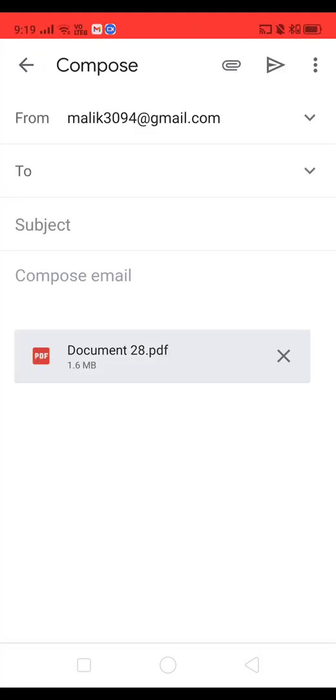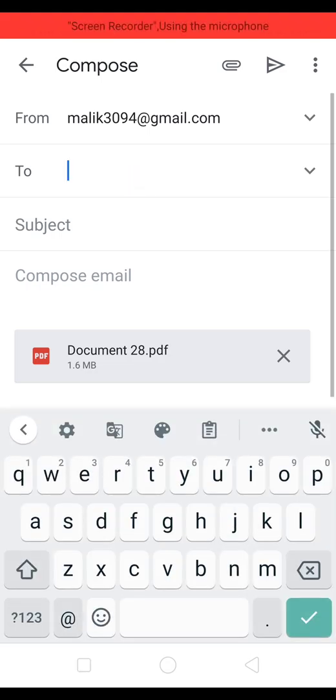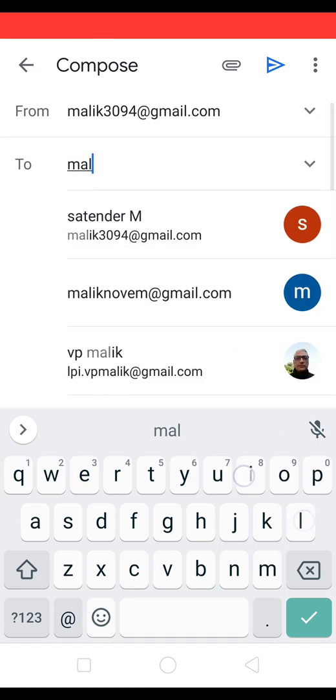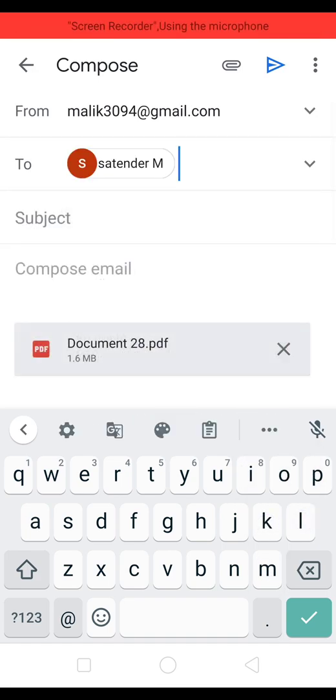The From field is my email address. Since I am sending it to the subject teacher, it will be the email address of your subject teacher, which has been shared along with your question paper. For demo purposes, I'll just write my own email address. Here you have to remember that you will be entering the email address which you got along with the question paper in the WhatsApp group.